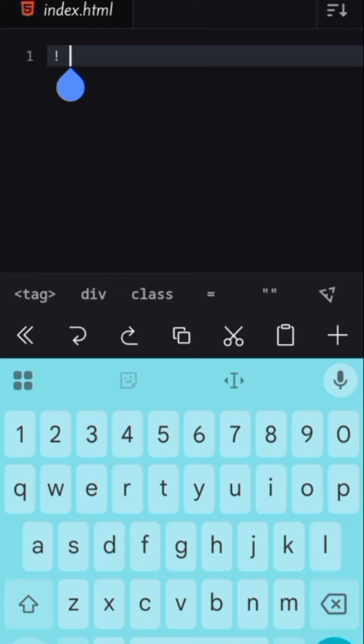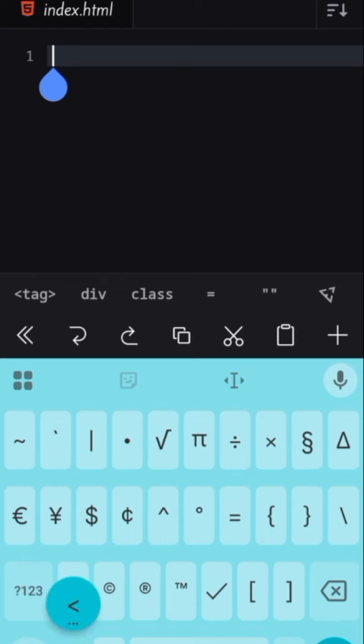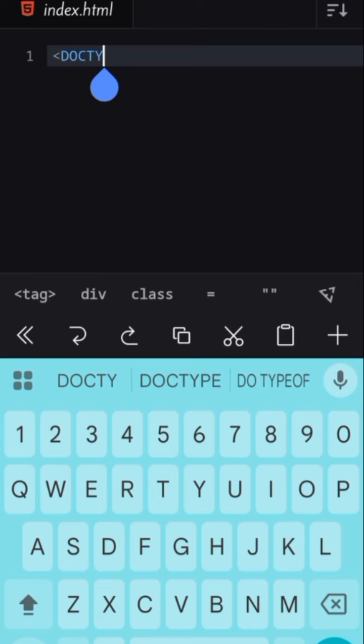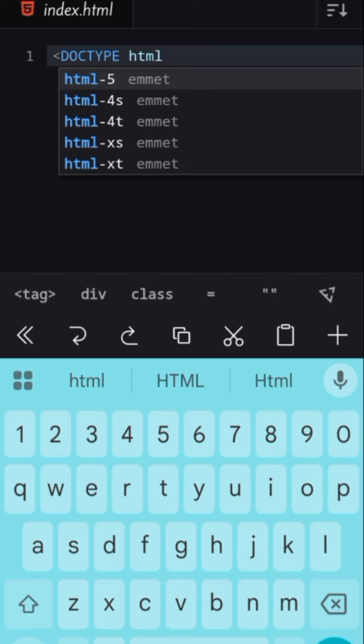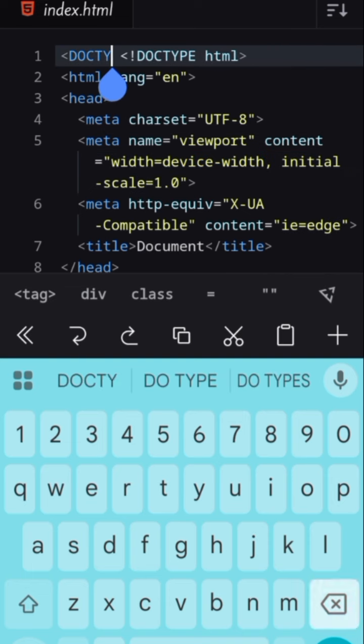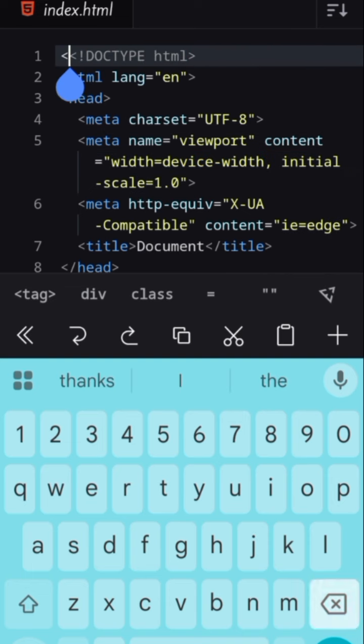Now, this boilerplate is the basic standard structure of an HTML document, and it provides essential elements required for a web page to work correctly in all browsers, and serves as a starting point for any HTML file. Like this one we're using now is an HTML file. So I will just do something quickly like this. Just Doctype. It's supposed to bring up something. And one other thing I didn't mention is I can just remove this. One other thing I didn't mention was that